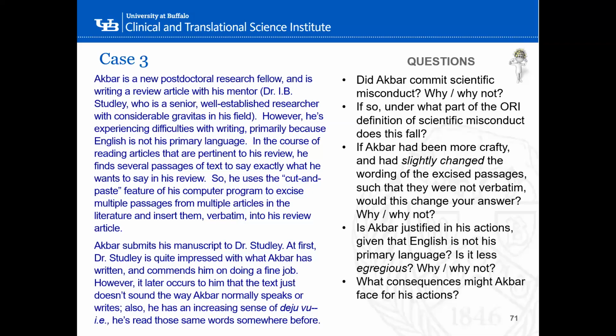Yes, that definitely would be a possible outcome since he's not a faculty member, a postdoctoral fellow in training. They might decide to be less strict and give him some remedial education on this and give him a second chance. I think that might be appropriate. So I think that's a very good answer.